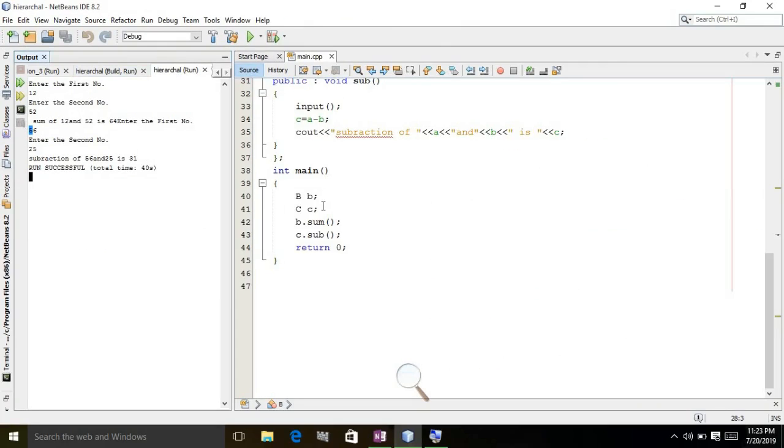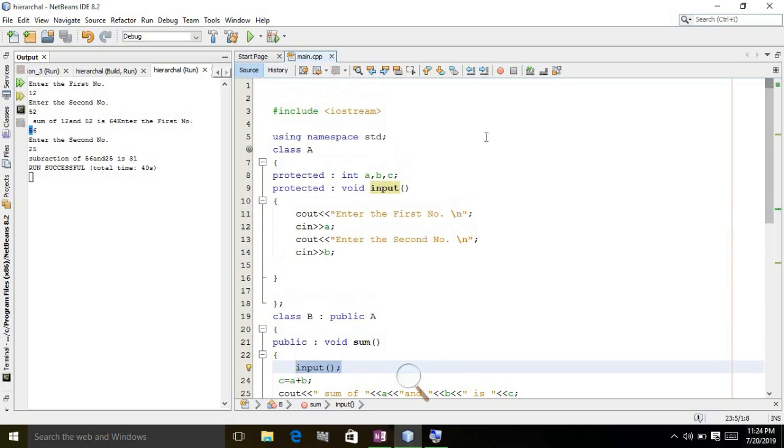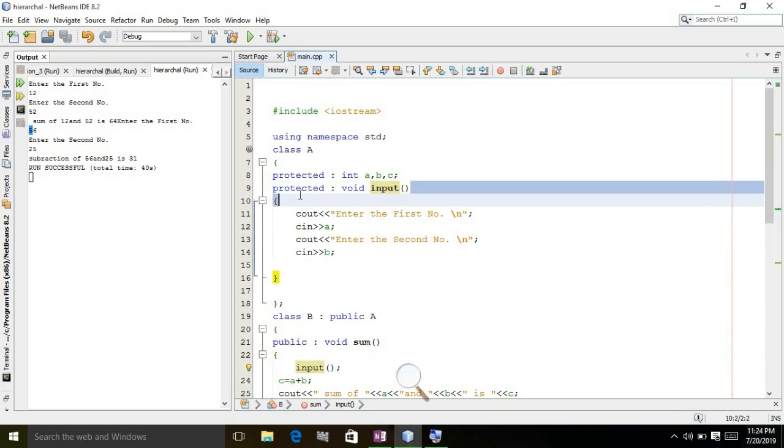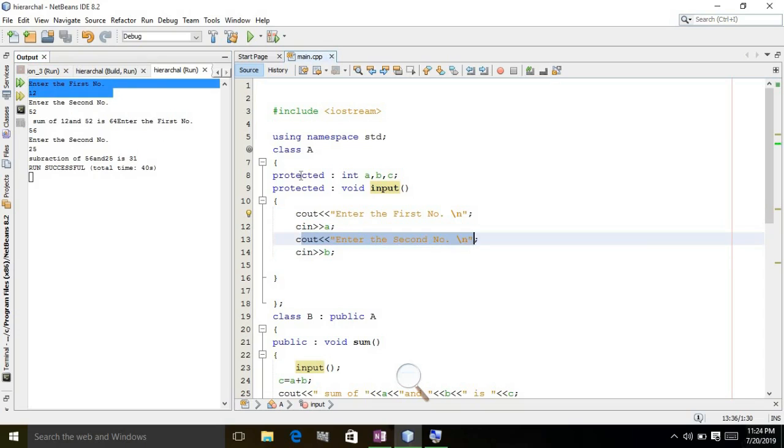After the creation of the object, b dot sum, so the b object calls the sum function. So it is here in the class B, it called the input method. So it tries to find it here within the class, it is not available here, so it goes to the parent class that is defined A, and it fetches the value. So first is cout, enter the first number, we displayed it here, and we entered the value in the variable A, and it also again shows the second line, you can see here, and we entered the 52